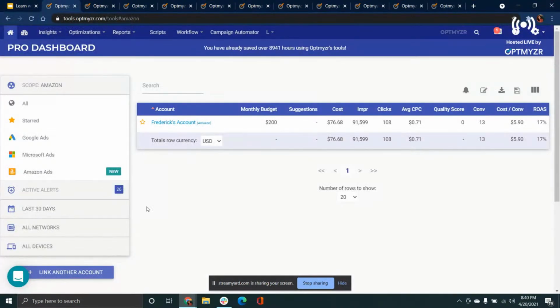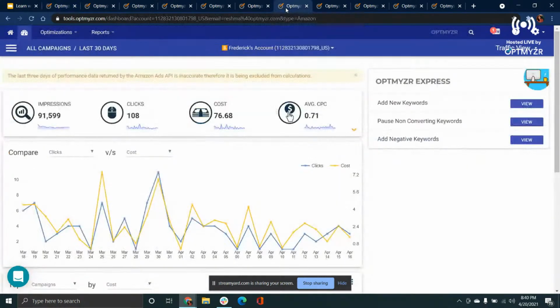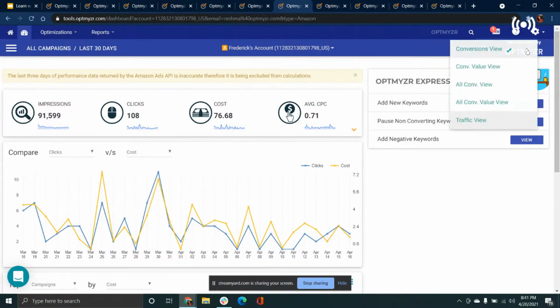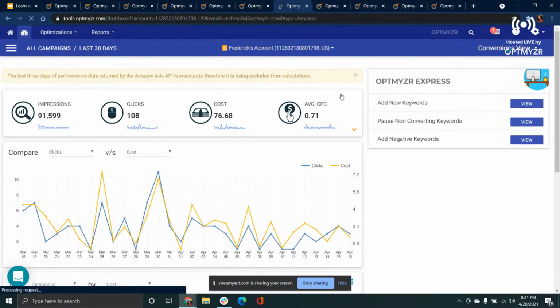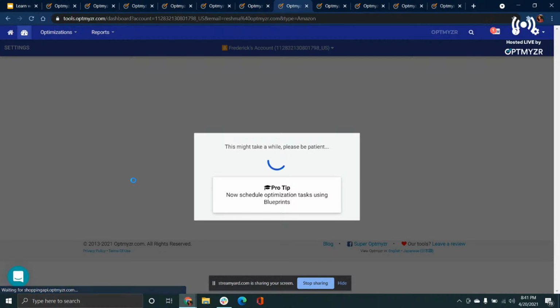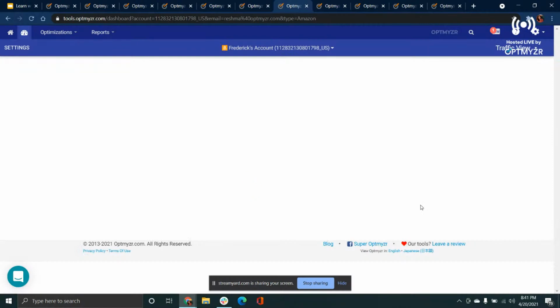I think we've seen the MCC dashboard where you can see an overview of different performance KPIs. But now we've opened up the account dashboard, which becomes a really fast way of understanding how your account is performing. And you have different views. Depending on what might be important to you, if you pick the conversions view, you'll see data changing according to that. And then you can even see trends of how your ACoS is changing, and pick up your top campaigns or keywords for these particular metrics.